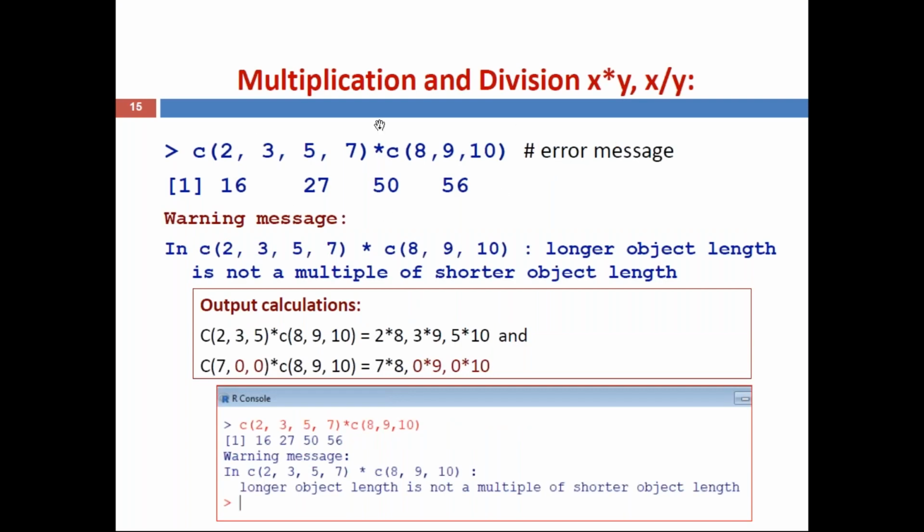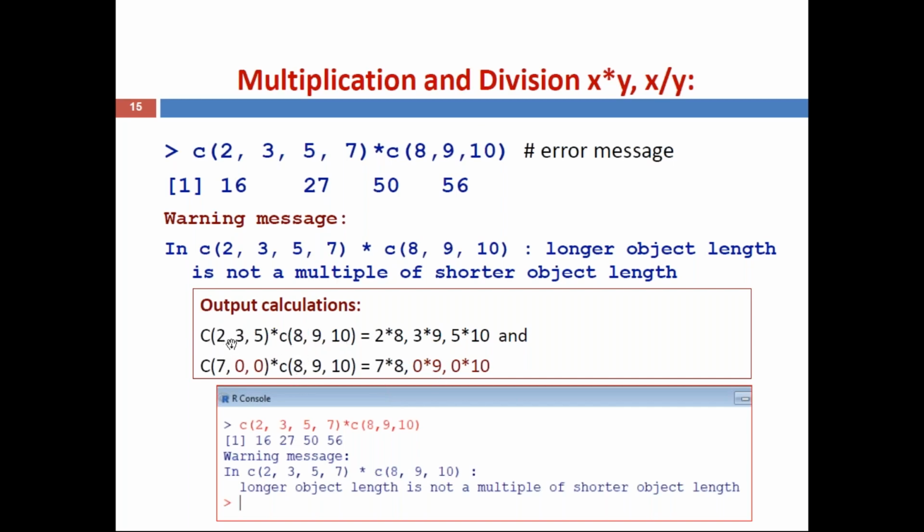Even here, if you take more values on the right side and the left side doesn't have a matching length split, then it shows an error message. Here 2, 3, 5, 7, total 4 are there. Here 8, 9, 10, 3. So the first 3 are mapped with the left side first 3, then the fourth one is mapped with the first one. Then the fifth and sixth are not there. Now it shows an error, like in the power operation we have seen.